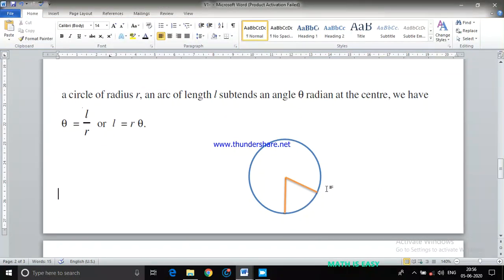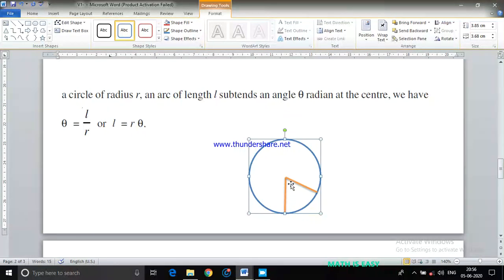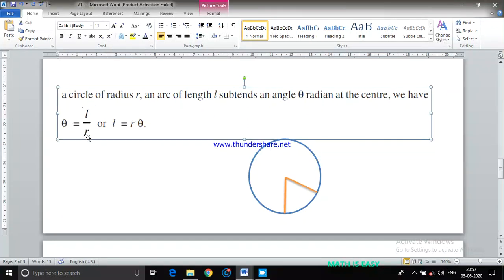Okay, so this is the arc length L, and this is the radius r, and theta is the angle subtended by this arc. What is the angle theta? This is the angle theta which lies between these two orange color lines. If I know all three, then the relation between theta, L and r is given by theta equals L upon r, or you can write L equals r theta. That is, length of an arc equals radius times the angle subtended by that arc. So out of three, if I know any two, I can find the third one. If I know the length of the arc and the radius, then I can find the angle.